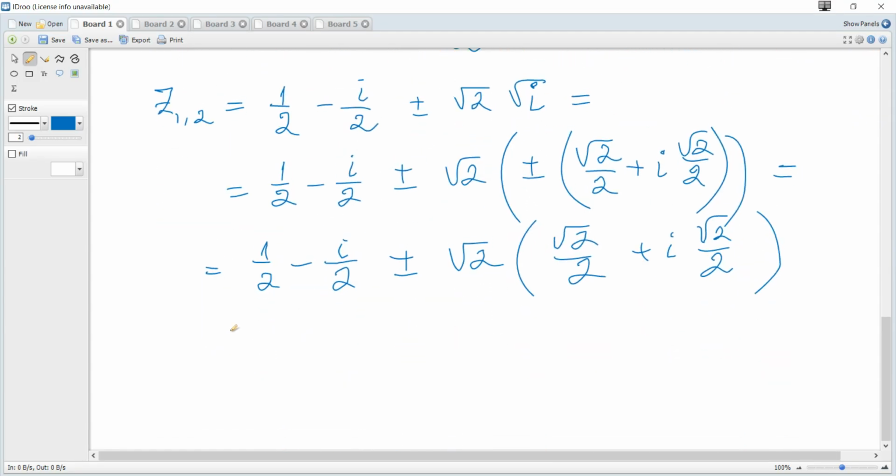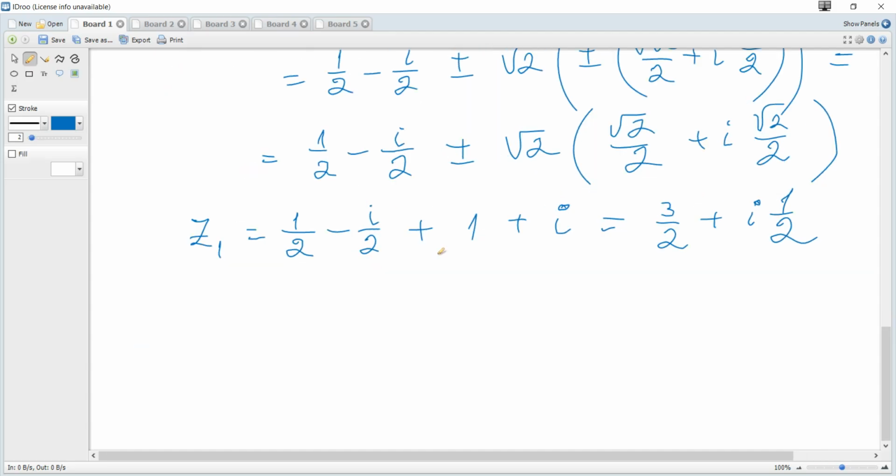And hence one root becomes 1 over 2 minus i over 2 plus, and if we expand we get, what, 2 over 2 plus i, and it becomes 3 over 2 plus i and a half. And the next